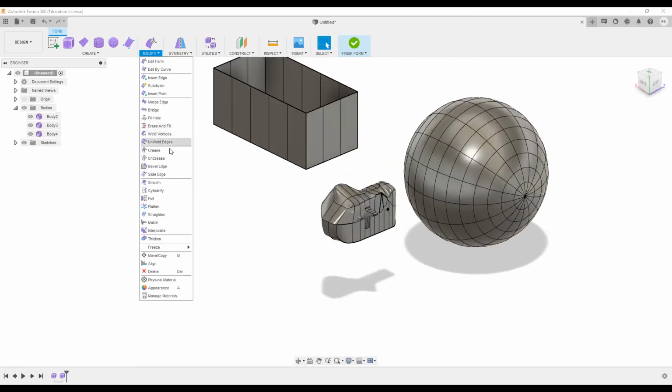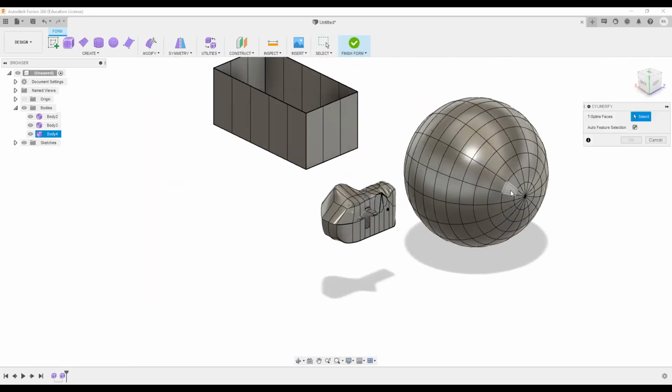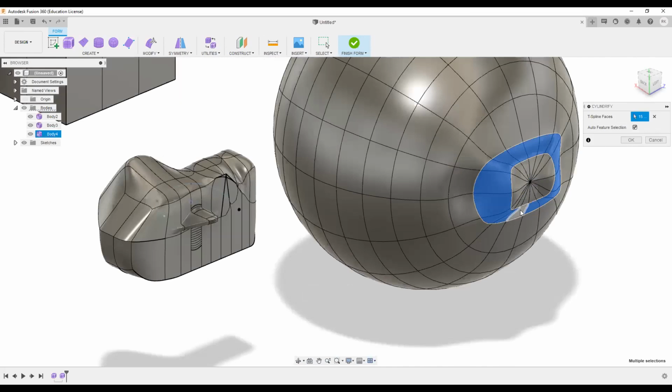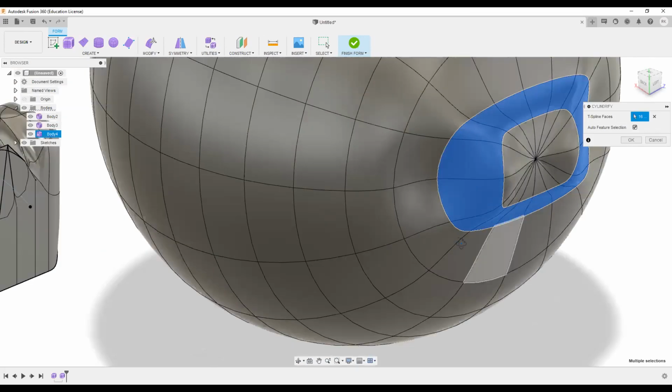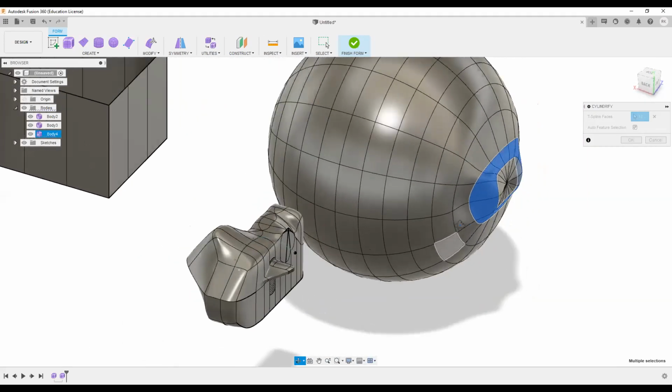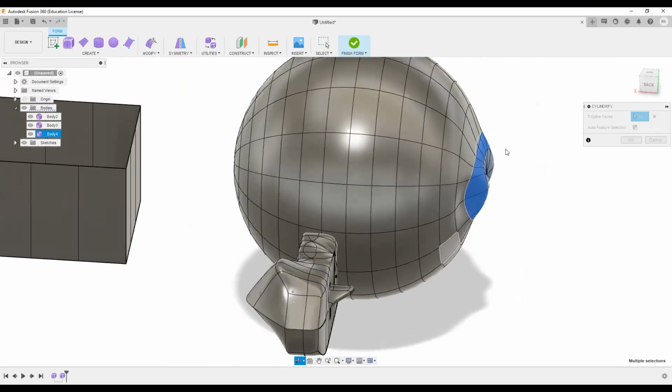So if I use the cylindrify option here and select radial circle, you can see this body. Let me show you by clicking more.